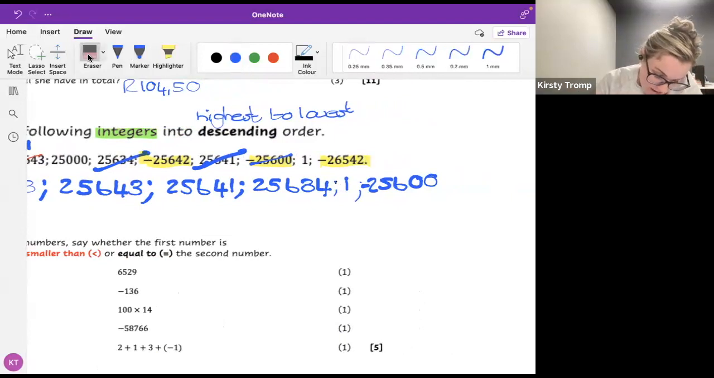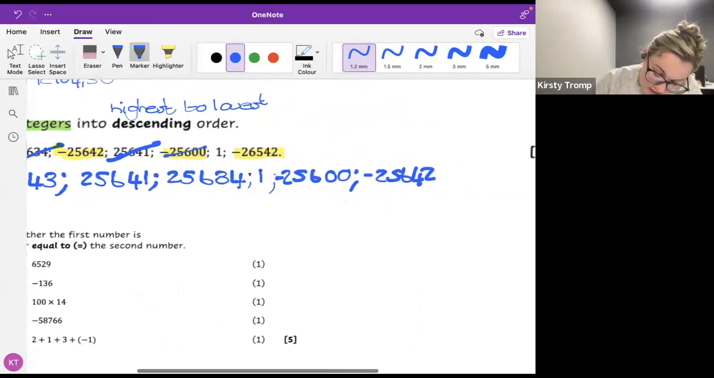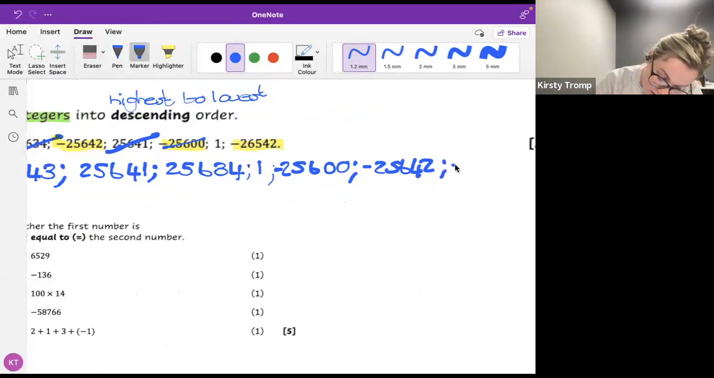Oh, guys, I'm making mistakes here all over the place. It's going to be negative 2... Oh, no, that is right. I'm losing my mind here. 600. The next one will be negative 25642. And the smallest number out of all those numbers is negative